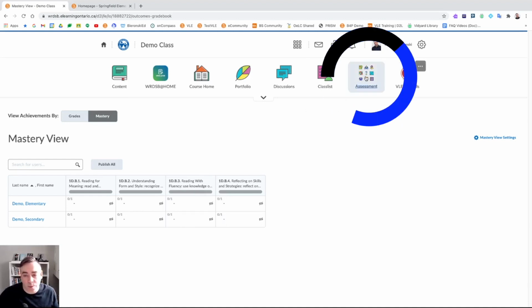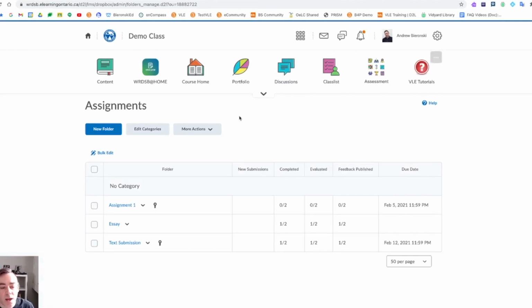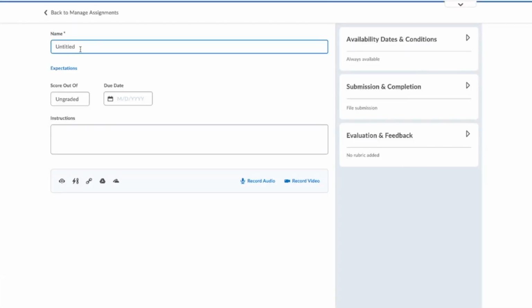As a first example, I'm going to click on assessment and let's head over to an assignment. Okay. Now you'll see I've got some assignments set up here already, and this little ribbon shows me it's been added to a grade item. Okay. I'm going to start off with a new quick assignment here. Now, if you want to go into details about how to create an assignment, please check out the previous part 1 and part 2 videos on Brightspace assessment. But very quickly here, let's go